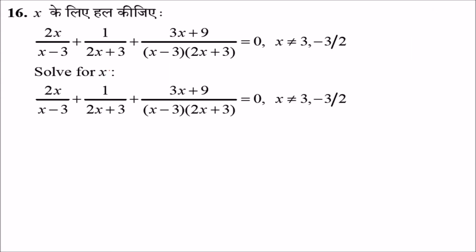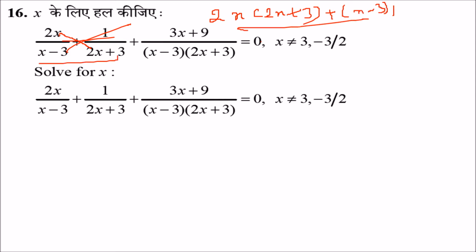Now you have to solve this for x. So the best way is to do what? You can multiply first of all, because this is 0, so we just need the numerator. So we will multiply 2x with 2x plus 3, then x minus 3 with 1, and then x minus 3,